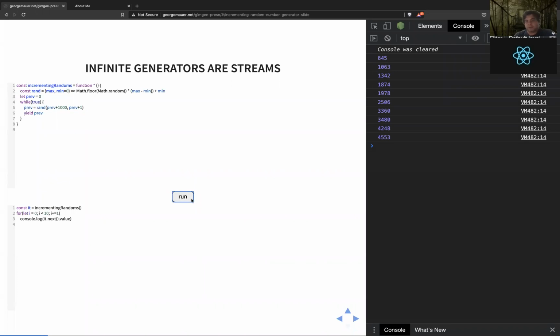Cool, right? So if you need to generate, I don't know, this isn't a good way to generate database IDs, but if you did, and you didn't want them to be specific, but you wanted each one to be larger than the previous one, like auto incrementing, this type of thing would work. Again, because it's infinite, we're not actually limited to just 10 or whatever.